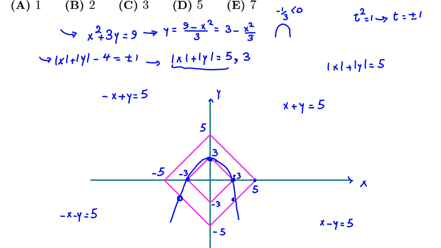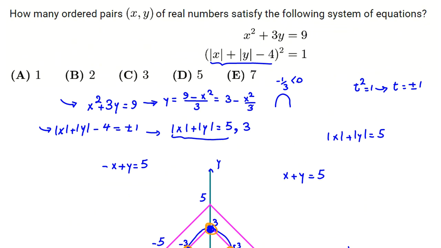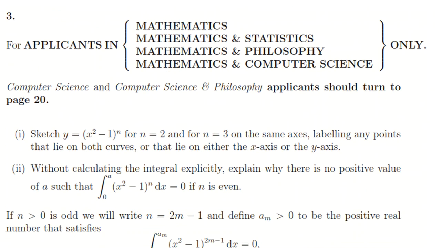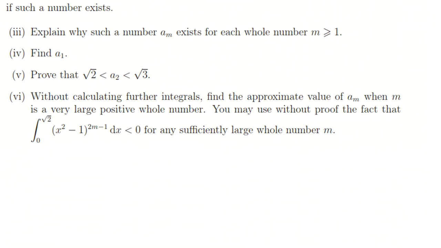And now, how many intersections are there? Let me draw red around them. 1, orange, 1, 2, 3, 4, 5. So the answer of this problem is what? Is choice D, which is 5. This problem is one problem related to graphs and something like that. Let's focus on this problem of math